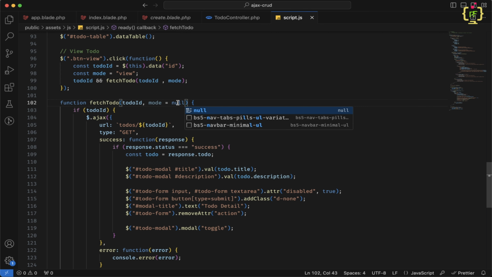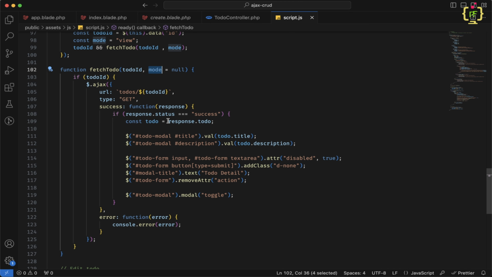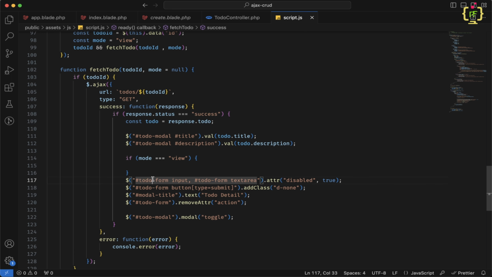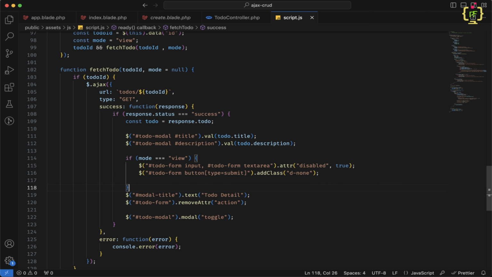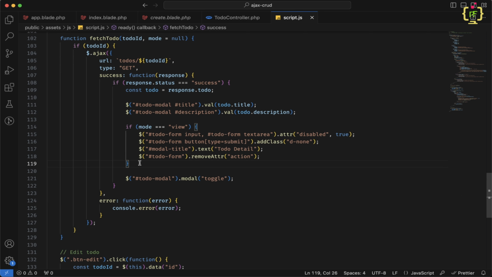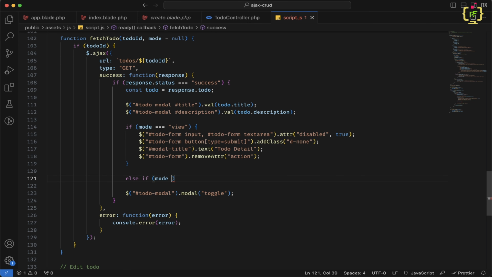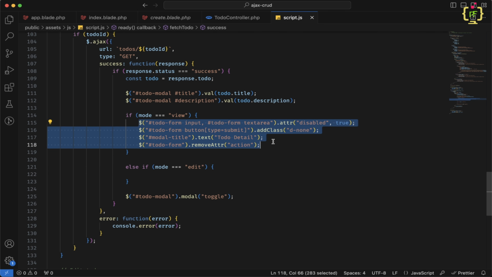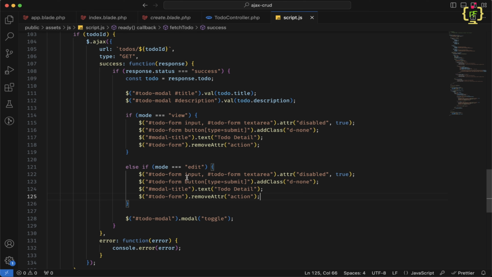and by default it will be null. So based on the given value, I will add a condition. That means I want to make form inputs disabled only on view. So I will write if mode equals view, then I will put these lines inside this condition. Okay, and this todo title, also this form action. Else if mode is edit, then inside edit I will just copy and add it here,